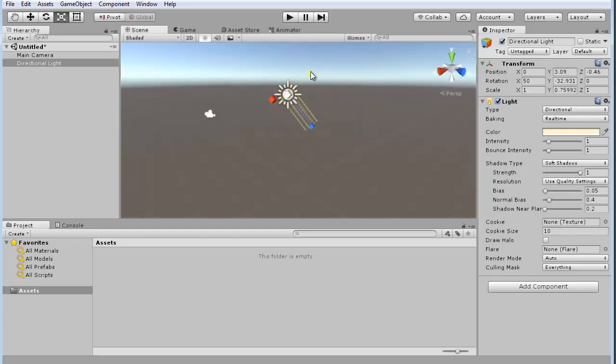R is to scale. We wouldn't scale that though, but you also have two buttons here that give you pivot and global. So let's say that right now the scale tool on this sun is set to be a localized movement, so I can move it in that direction, rotate or scale it. If I go to local, you can change those things from global to local. So just like in Maya, where you can either have your move tool, your rotate tool going in the normal space axes, here you can change from global to local to have those axes change to whatever the object's orientation